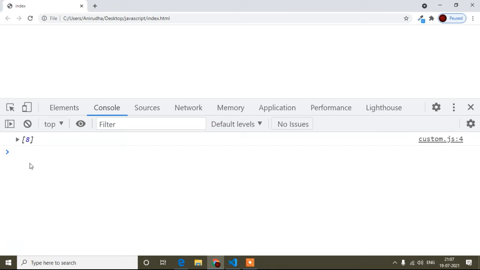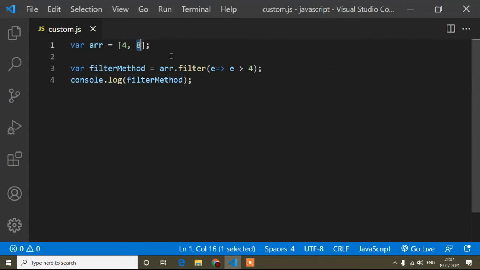And guys, here I'm explaining everything, because if you are facing the interview and the interviewer asks this question, you can explain that in detail. That is, it's written a new array. You can see the filter method, when it's giving the output, it's returning a new array, right? And you can see here it's written 8 because 8 is greater than 4.